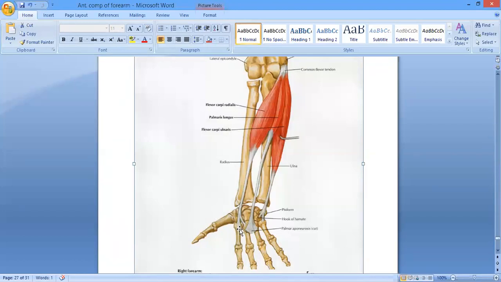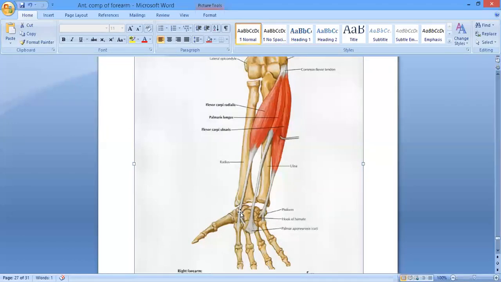Okay, now we have got the palmaris longus muscle. Here you can see the palmaris longus is a small spindle-shaped muscle, again coming from this common flexor origin. It's got a small belly and a long tendon, and in 14% of cases it is absent, right? And it is going to be attached at the base, at the upper border.